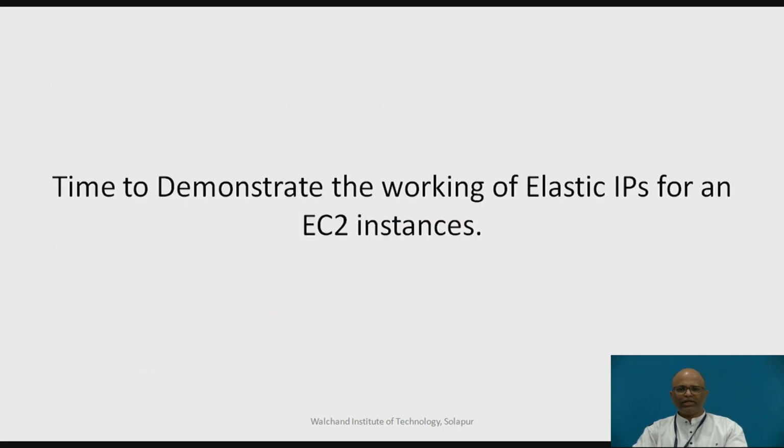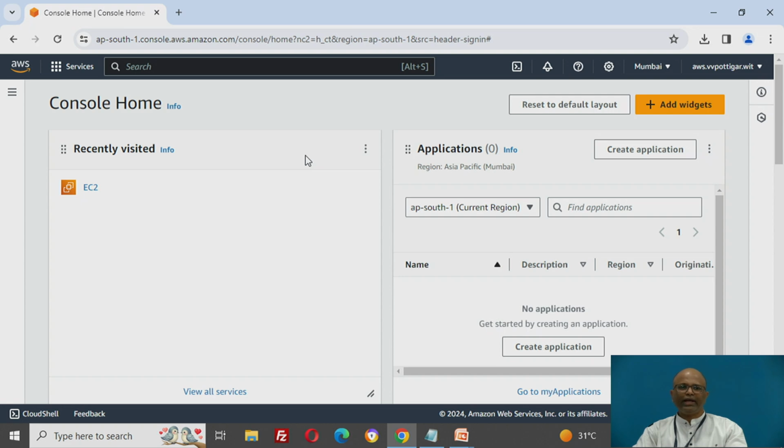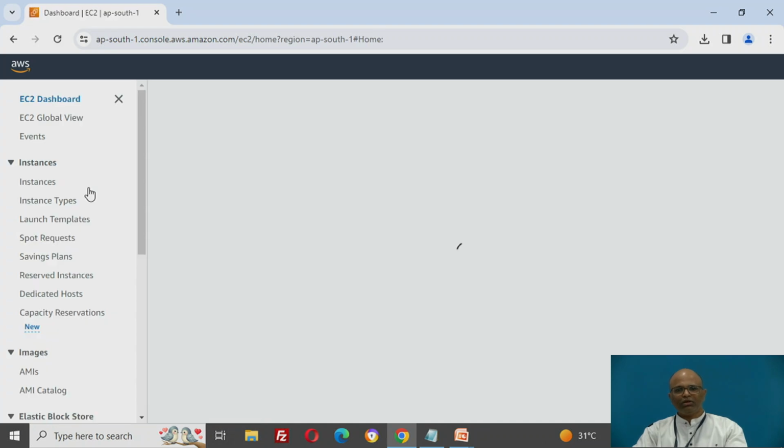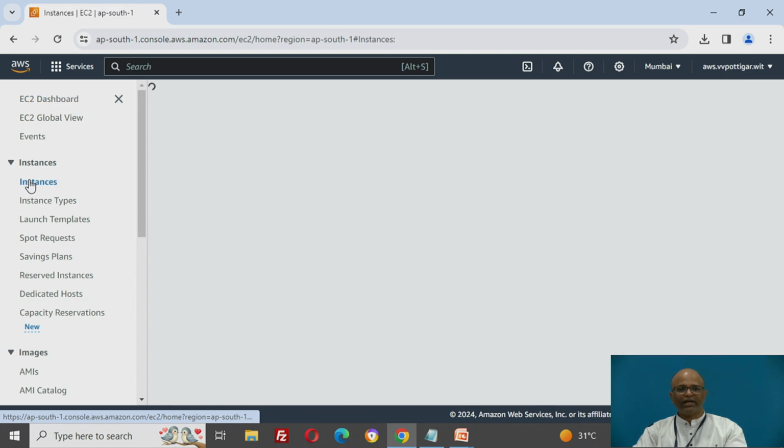So it's time to demonstrate the working of an elastic IP for an EC2 instance. For that, we will shift to an AWS account. When you log into your AWS account, this is the main dashboard you will get. Accordingly, I need to have an EC2 instance launched. So I need a virtual machine to which elastic IPs can be attached or detached. If I go to the left-hand side, Instances,